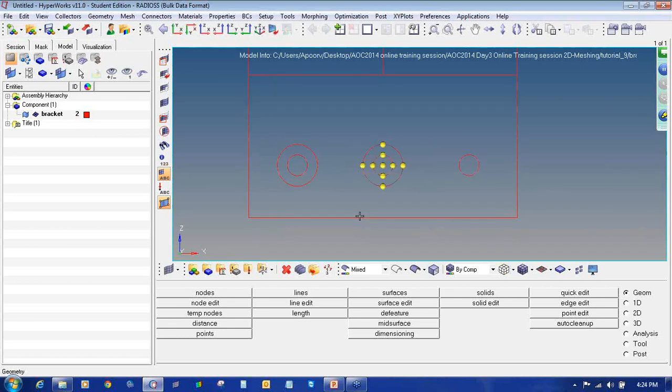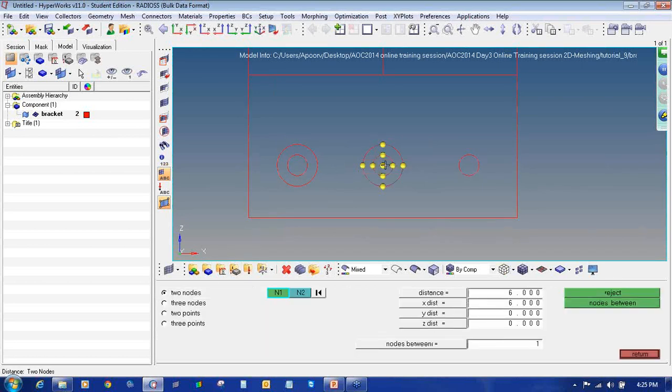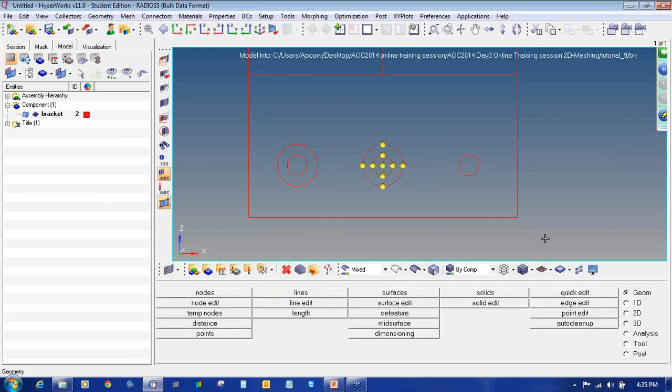Now again from the F4 panel, from this end to this end the distance is 3, from this to this the distance is 6, the radius is 6. So I need to create a circle having a radius of 6 mm for this one, so that all the 3 will be symmetric.